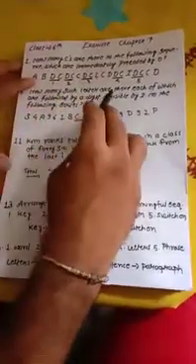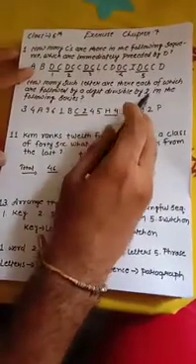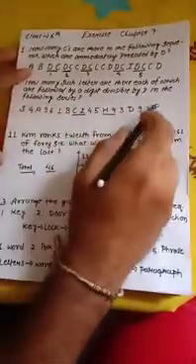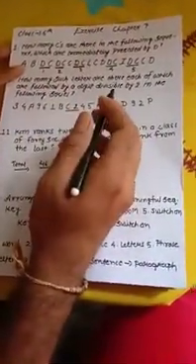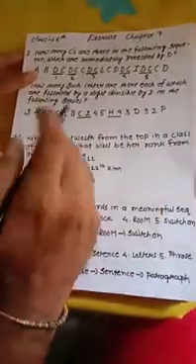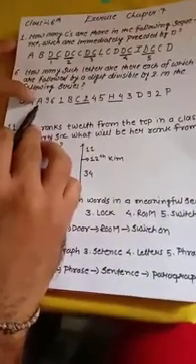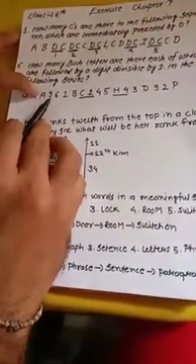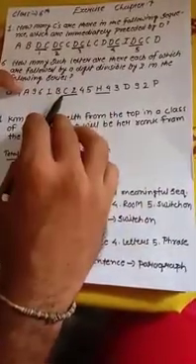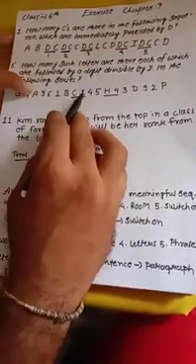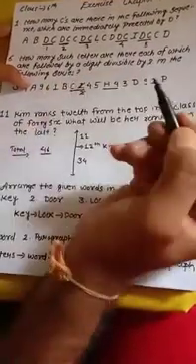It says: how many such letters are there, each of which is followed by a digit divisible by 2 in the following series? That means a series is already given. We have to find out how many such letters are immediately followed by a number which is also divisible by 2. From the starting, this is an alphabet A and it is followed by 9, but 9 is not divisible by 2. Again take another one, that is C. This one, C, is also an alphabet and it is followed by 2. So 2 is divisible. If you divide 2, it will be completely divisible by 2.